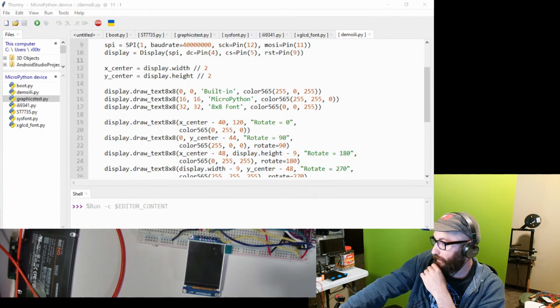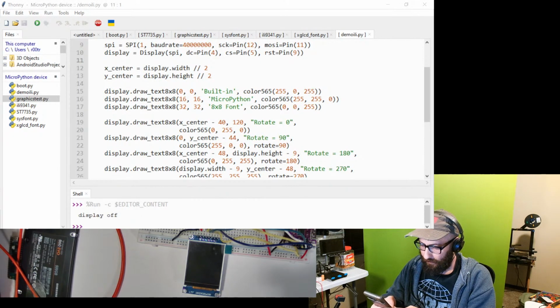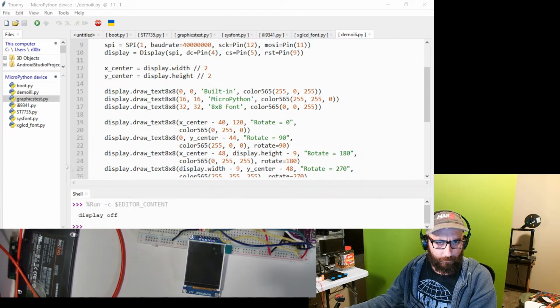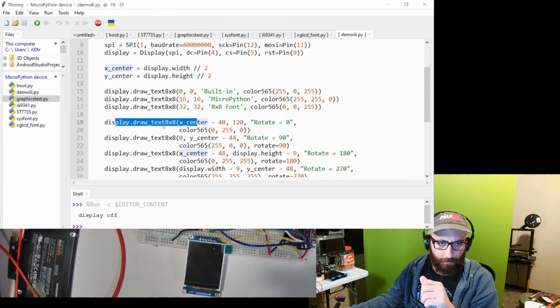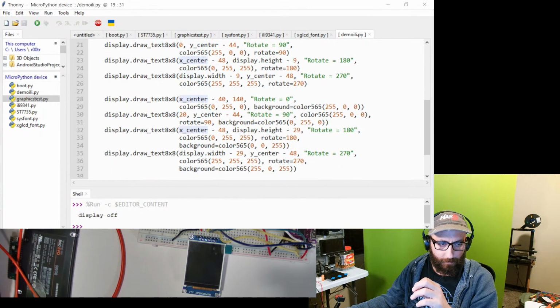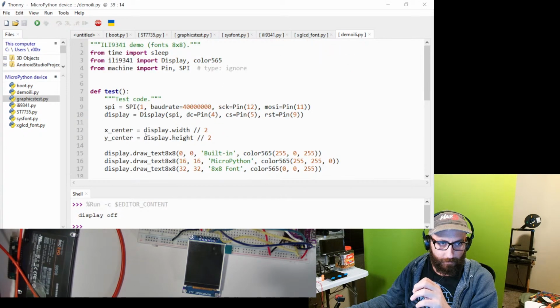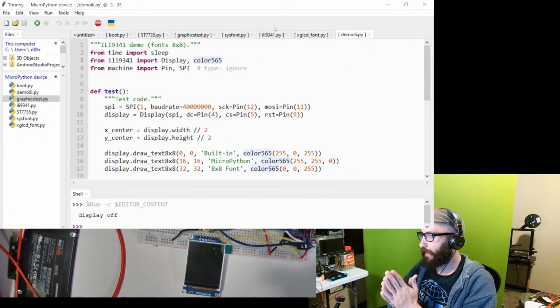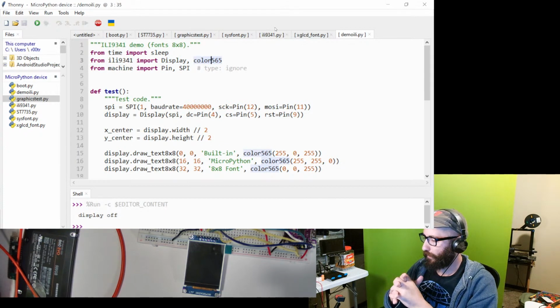It might be too tough, believe it or not. Display texts. Yeah. Sleep 15. I'm going to do some digging because I think I have my pins wrong. I'm not sure what they are. So,